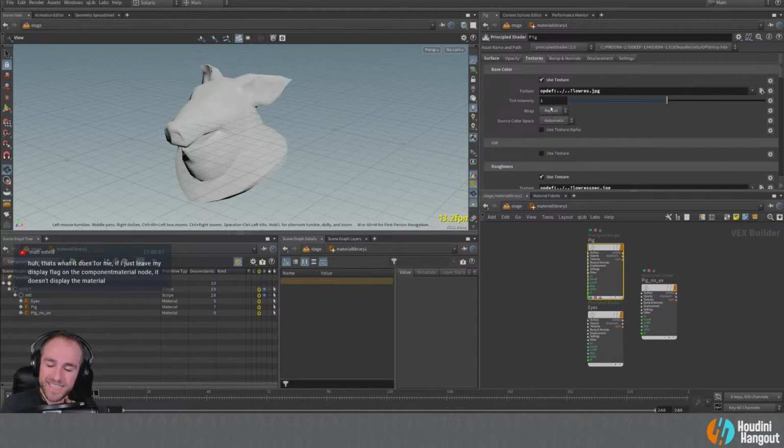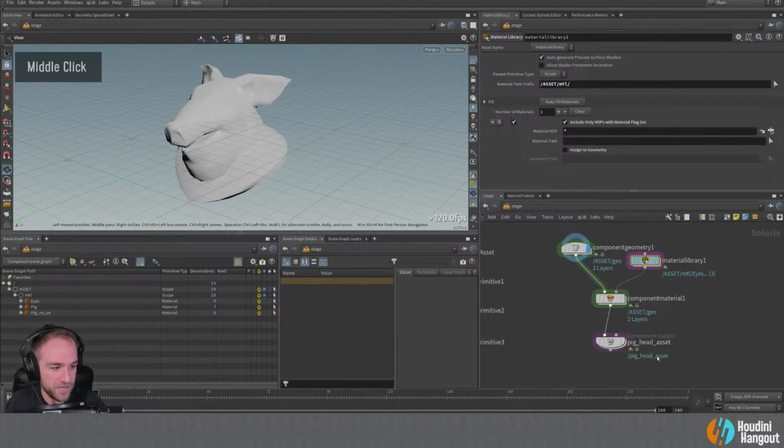So USD doesn't... Yeah, so this is the issue, that I copied those out of the HDA, and USD can't figure out where to get these from, because here I'll save it out and I'll show you why that doesn't work.